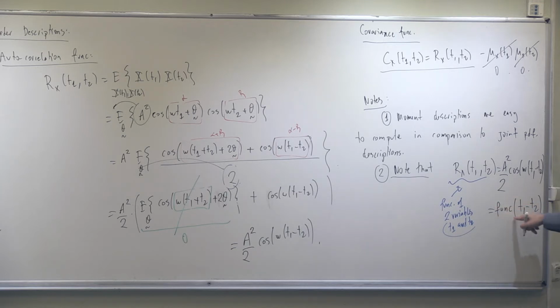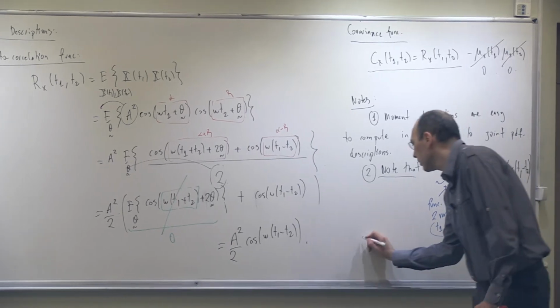So there is another function. What is this other function? A squared over 2 times the cosine of the argument. So you see that this function of 2 variables is actually a function of a single variable, the difference of these arguments. Do you remember in high school you had f of g of things like this? So if you are computing this, you first take the difference. After taking the difference, then you pass it through this function. So you see that this is not a function of T1, T2 individually, even though I can select them freely over here. The function value depends on their difference only, their evaluation time difference.